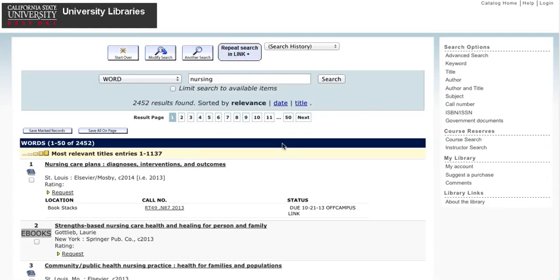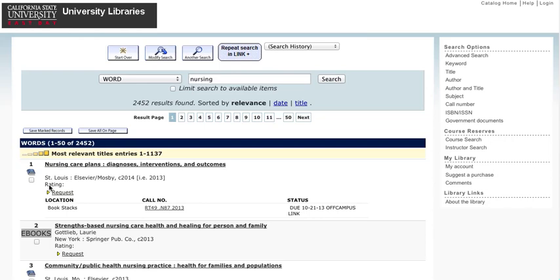So what is a record? I'm going to give you some examples of book, article, video, and website records. So first, records are brief descriptions of an item that don't include the item itself usually. All right, so for example, we have right here in this screen image a list of records from the